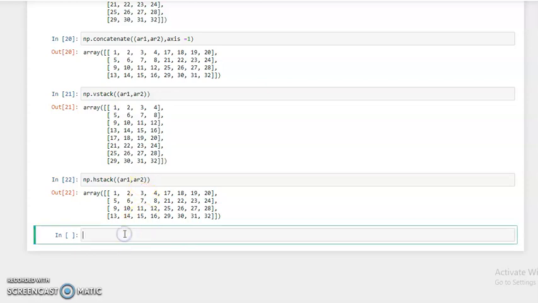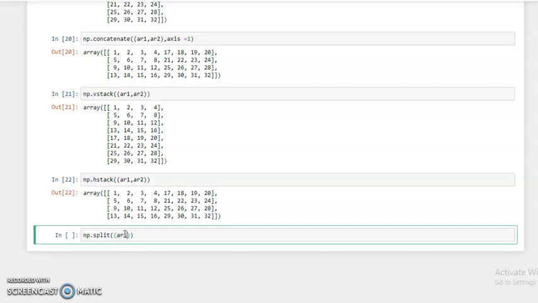Now I'm going to discuss the split function. Split, as the name suggests, means to break the array into two or three parts. It is a very simple function, and we call it simply split, so np dot split, and pass here array 1.